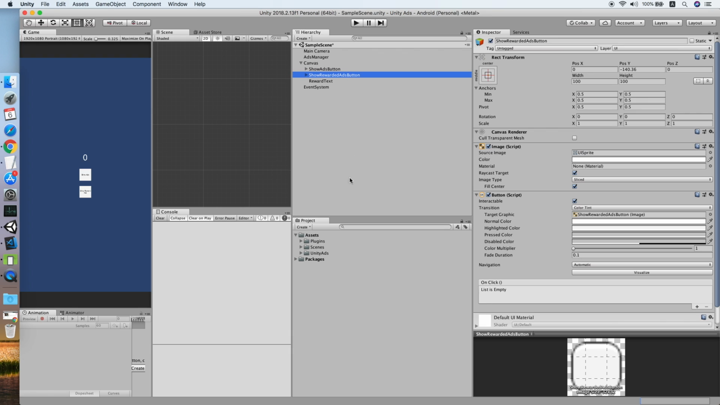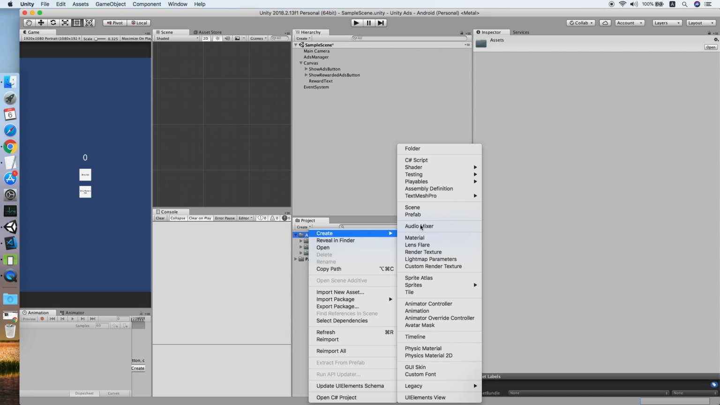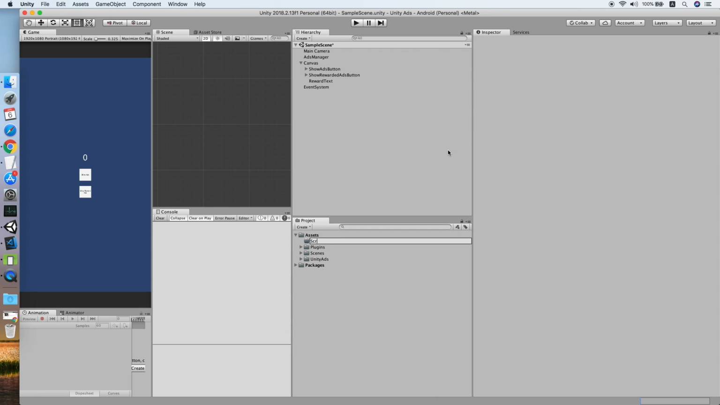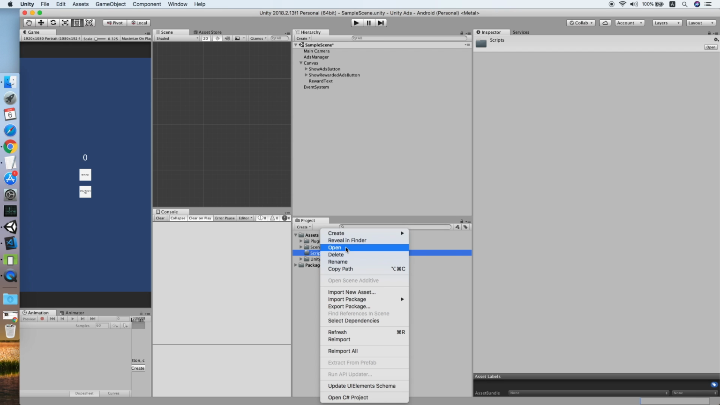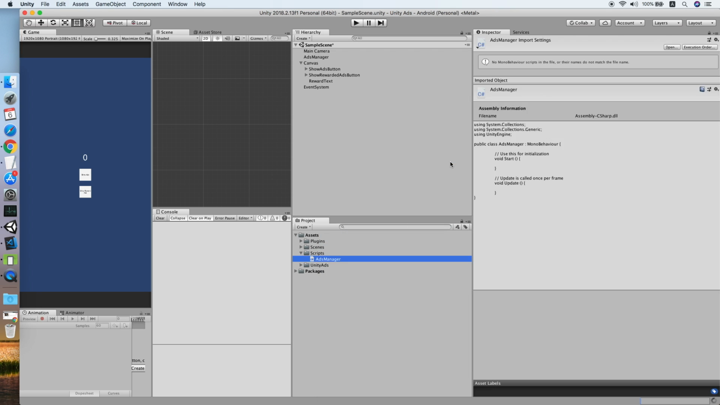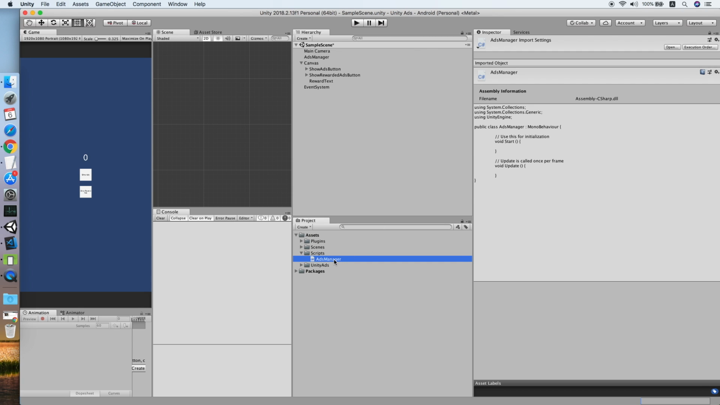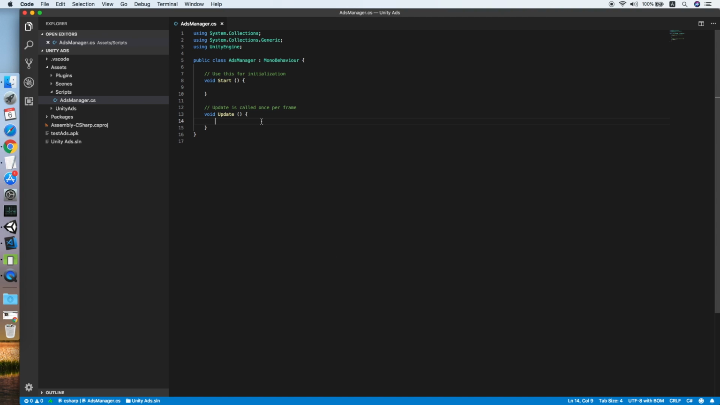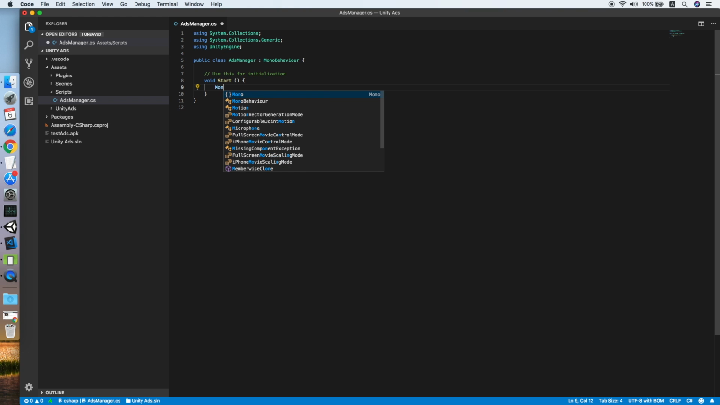We need to add a script for the buttons. Create a new folder called scripts. Create a new script called ads manager. Now double click the ads manager. Remove the update method. Now we need to initialize the monetization SDK. So start with